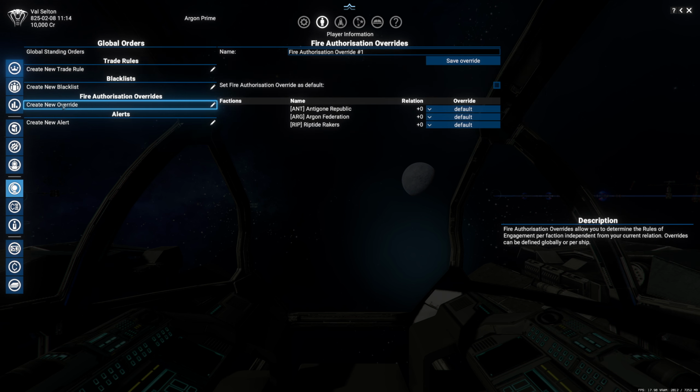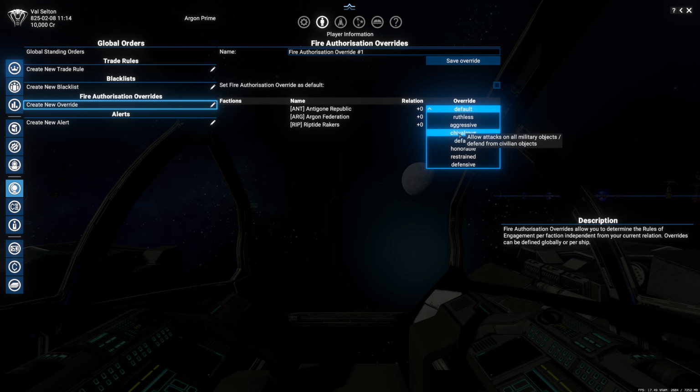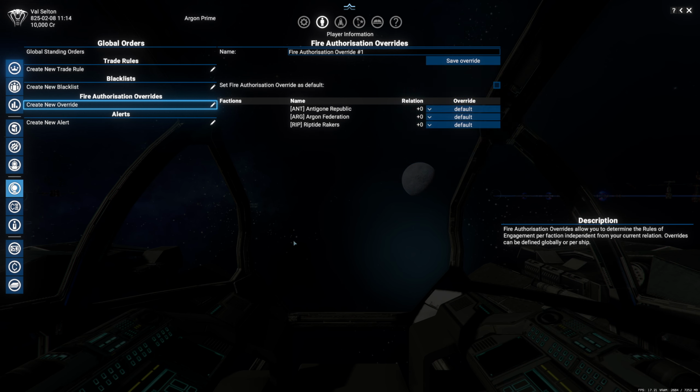And then finally, you've got these fire authorization overrides, which allow you to determine whether or not you're going to respond or attack certain factions essentially by default. So the override under default will be affected by the global standing order, or you can override it and say, no, in this case, we're going to be chivalrous, which allows attacks on all military objects and defend from civilian objects, and so on. So like I said, I am not super comfortable with these,